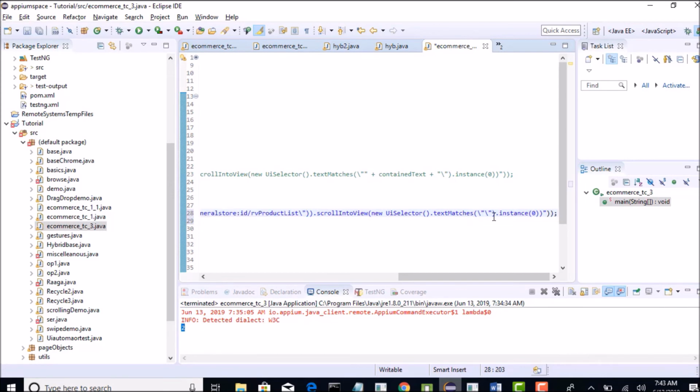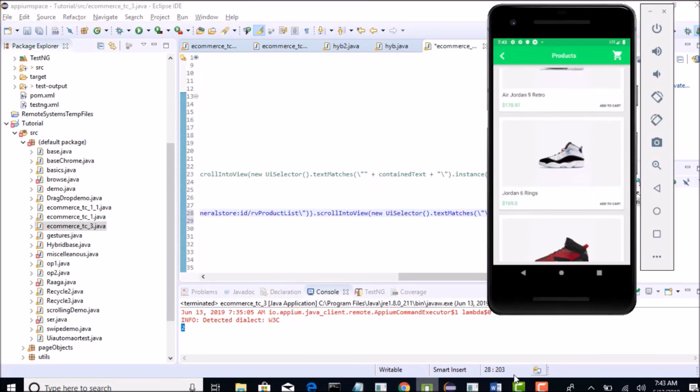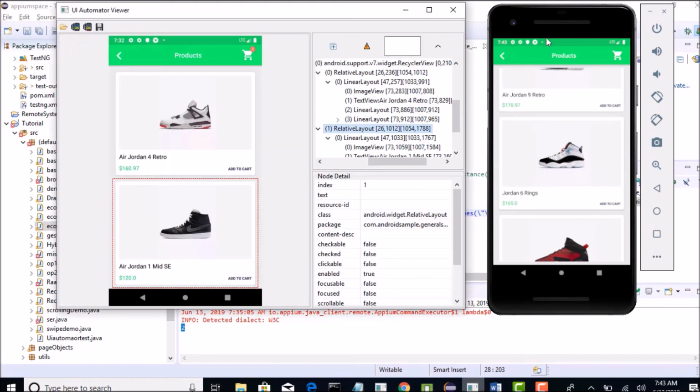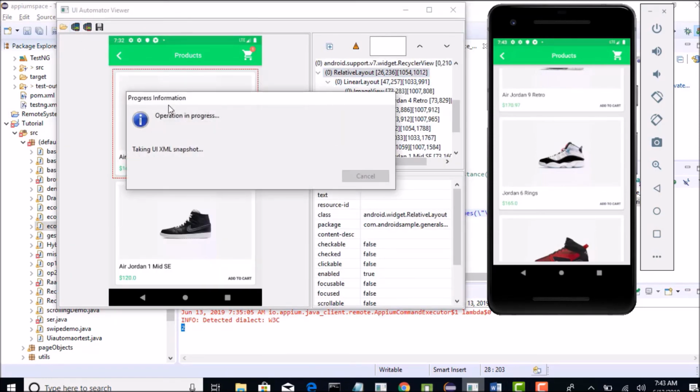So now I am giving the matching text here. What is our matching text? Jordan 6 rings, right? Okay, let me make sure that I am capturing the exact text.